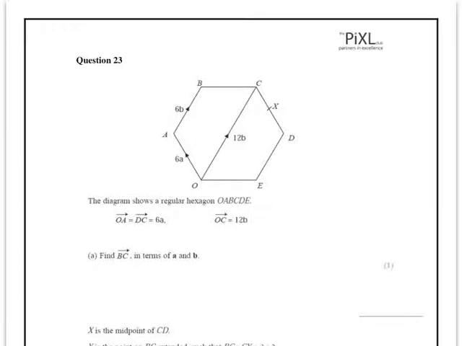Okay, so a question about vectors. The first part of this question is asking us to state BC in terms of a and b. Well, BC is this bit here. Okay, so how can we go from there to there? Well, we can't use unknown, so we have to use the route that we do know. So we're going to go back down this route here. That's going to give us